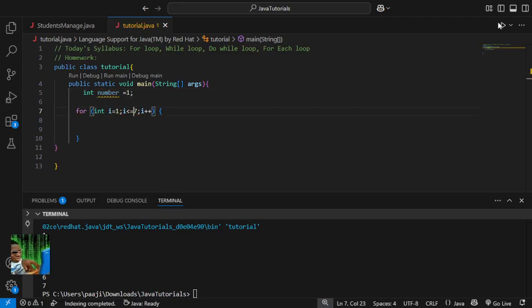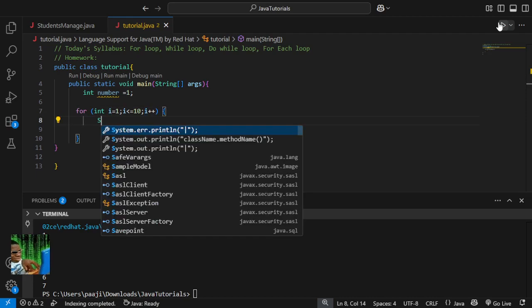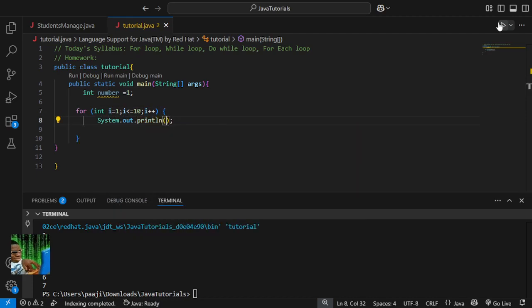Okay, and in the for loop, we will set for int i is equal to 1 until i is less than or equal to 10, i plus plus, and here just write what I'm doing. Okay, so today we will also learn about string concatenation. So just copy what I'm typing, then I will explain. So in the print method you will do,